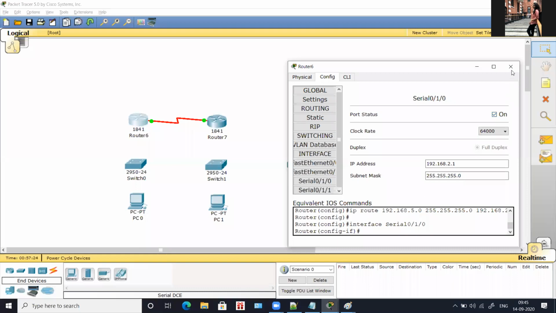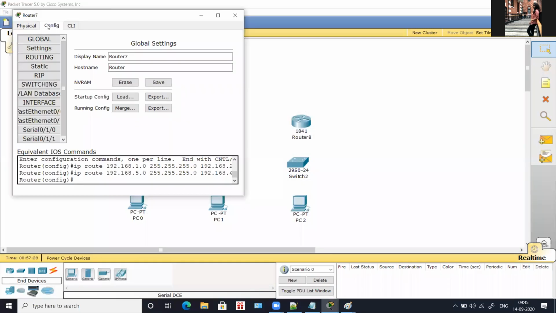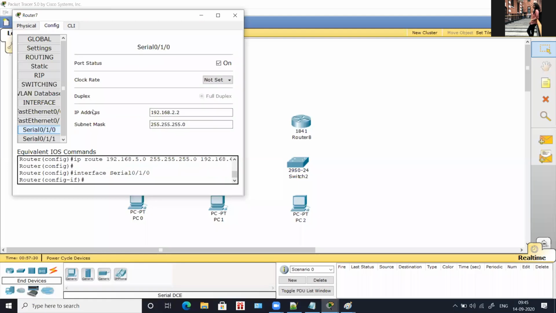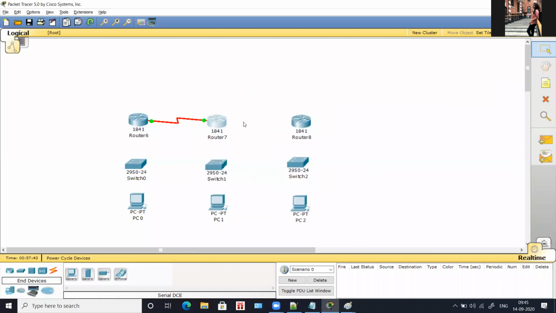Okay. And for the second router, again, the same way you have to go to config and choose your interface and you have to assign the IP. And since you don't have a clock icon here, you are not going to set the clock rate. Okay. And I'll also configure C. Now for C router, we don't have serial interface.